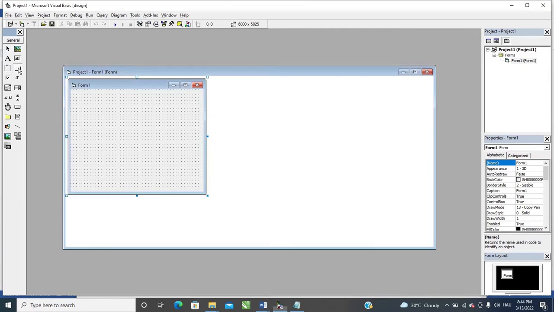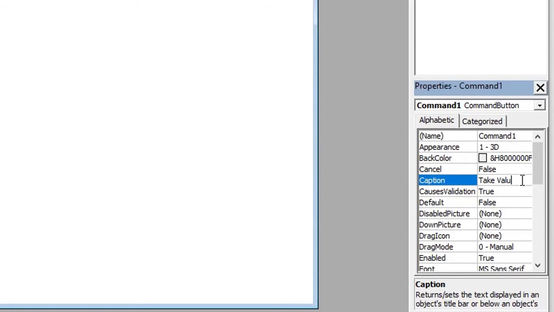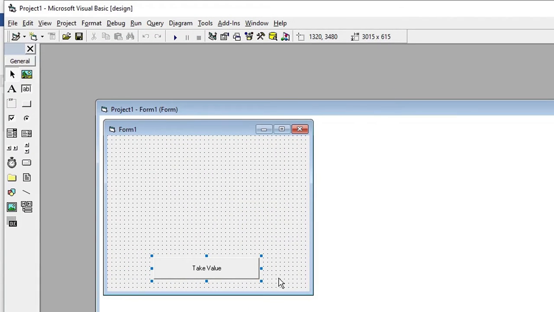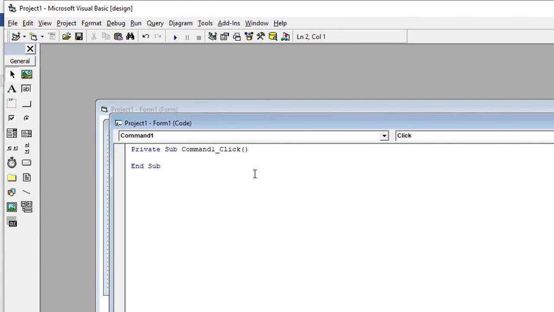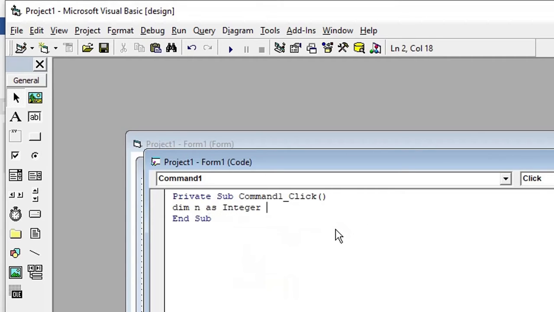Now if you're having a command button on the console like this on the form, rename it as take value. Okay, double click here. In between you type dim n as integer, then the input,